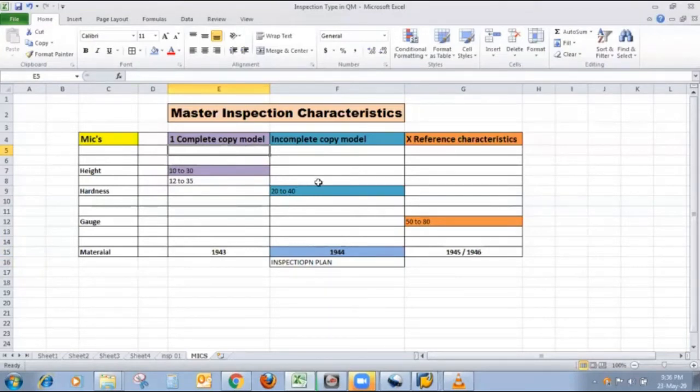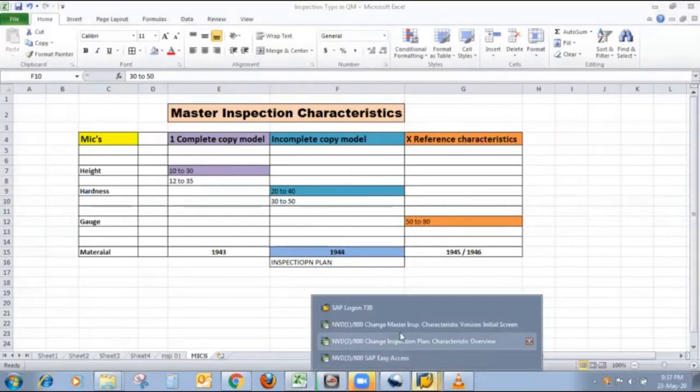In incomplete copy model, suppose we can't maintain our lower limit and upper limit during creation of MIC. We directly maintain it here in inspection plan. So now I want to change it from 30 to 50, directly in inspection plan.